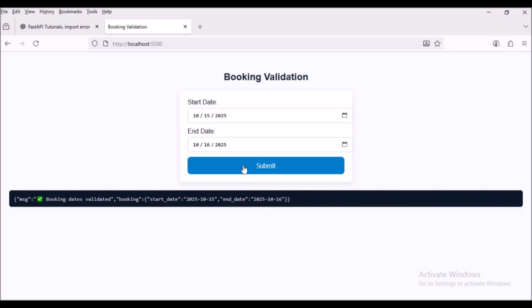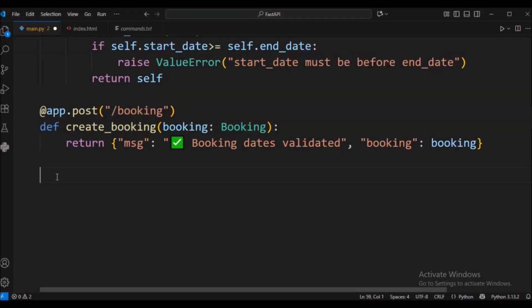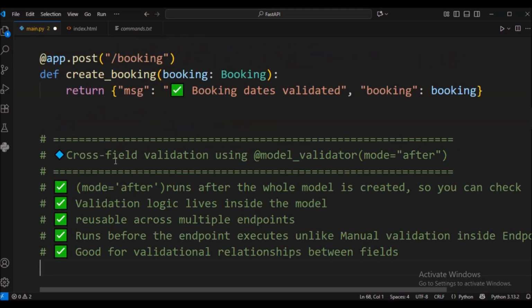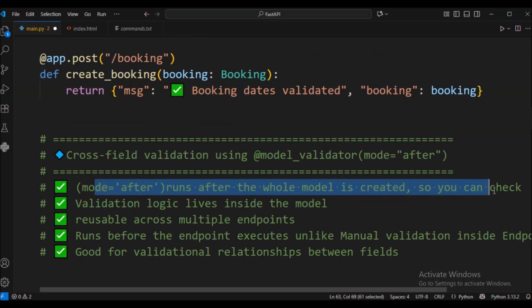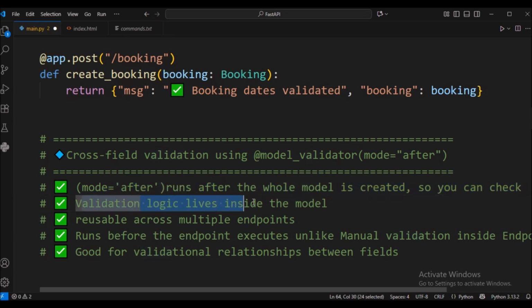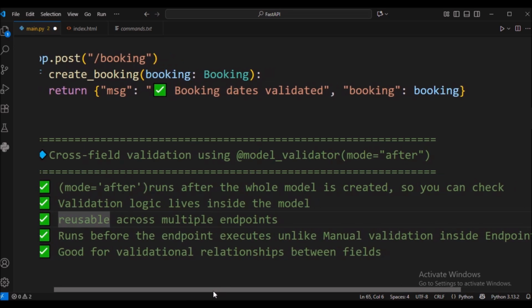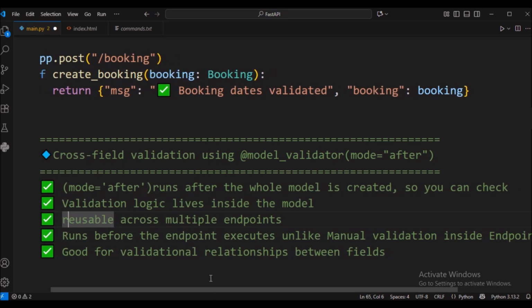Cross field validation is done using model_validator. Here mode equal to after means that it will run after the whole model is created. Validation logic lives inside the model, and only after that the endpoint is called. So this type of validation may be used across multiple endpoints where the same fields are used.